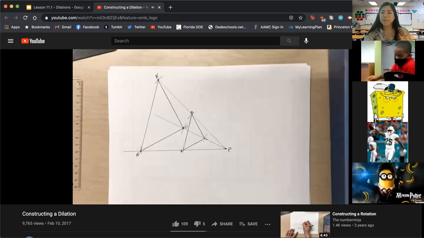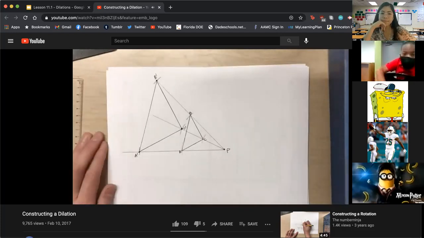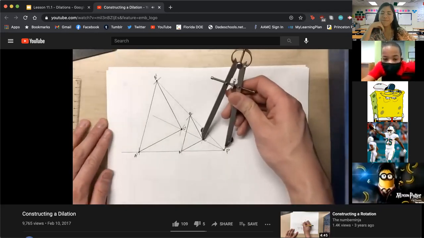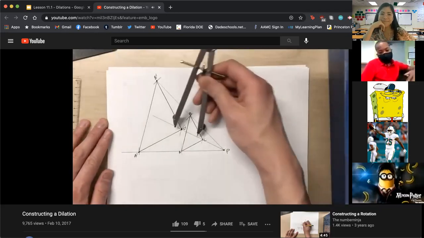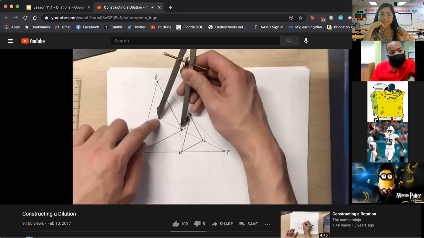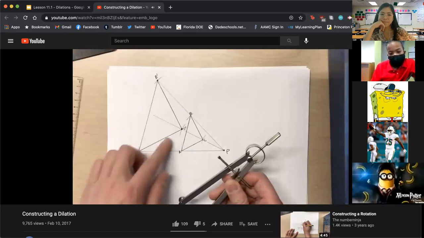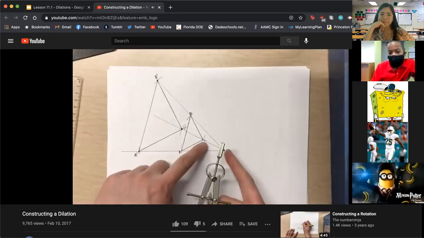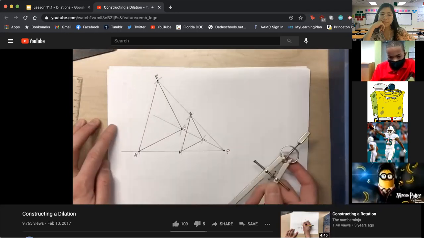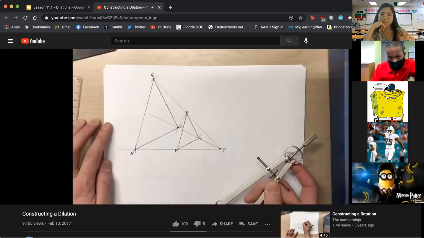Now, let's say, for example, I didn't want a scale factor of 2. Maybe I want a scale factor of 3. In that case, I would take this, and instead of going 1, 2, I'd go one more, 3. So then C prime would have been way out there. And it would have been 3 times as far away from point P, and the figure would have been 3 times as large. Now, on the other hand, I could ask for a scale factor of less than 1,